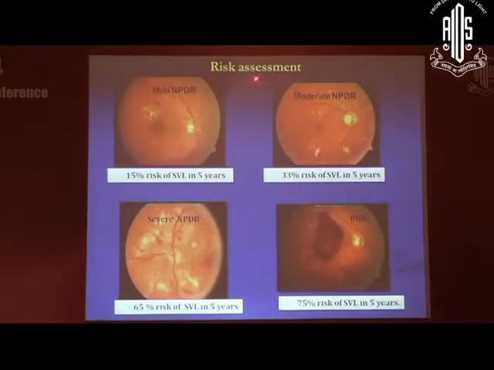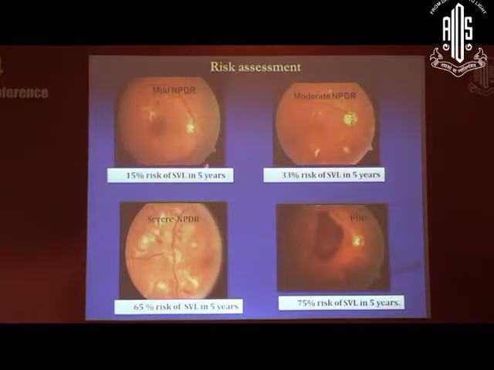As you can see here, these are the stages of the International Diabetic Severity Scale. The ETDRS also defines, apart from this, a number of levels starting from 10 to 85, depending upon whether it is an NPDR or a PDR. Basically, it helps in risk assessment. What is the risk of progression from NPDR to PDR? How fast is the progression? What prognosis can be picked up? Another thing is risk assessment, as I told.